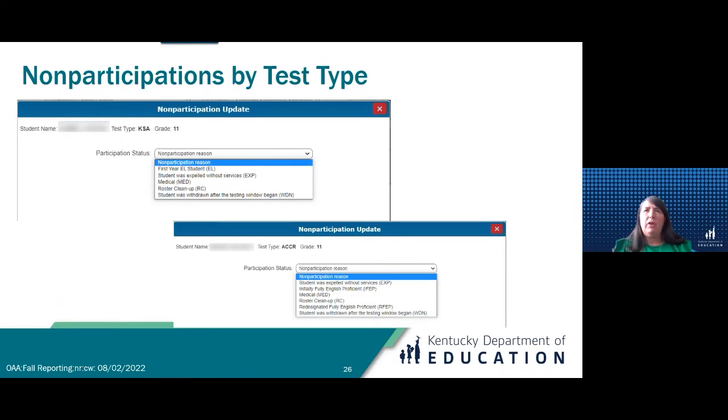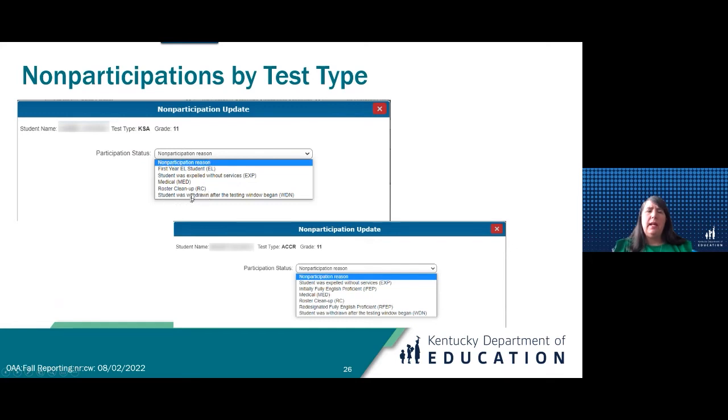And the same thing for our students who are ELs who participate in that K2, you want to make sure that that is all marked, or that they participate in a KSA if they're in grades, because alternate KSA starts at grade 3, but for alternate ACCESS, it starts at K2. So there are some differences between our assessments. It's very important to know those rules.